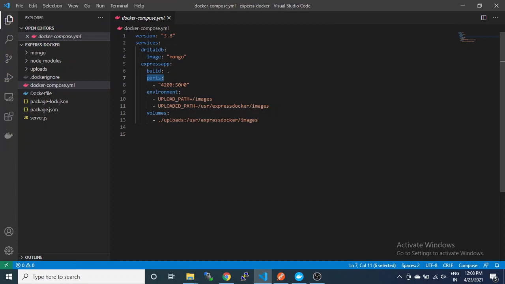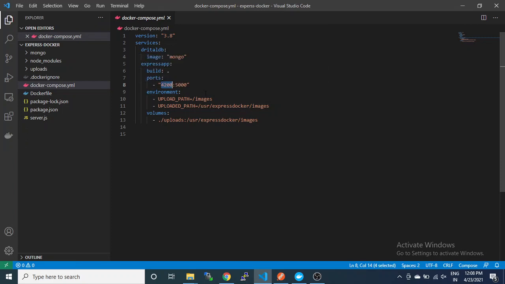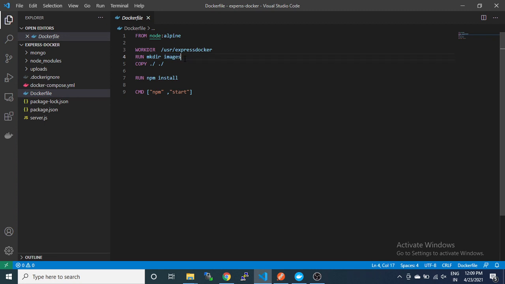The Express API is running on 5000, but we will listen to it on 4200. And the environment setup is the process environment setup, which is what we have mentioned in our code. Upload path is /images,